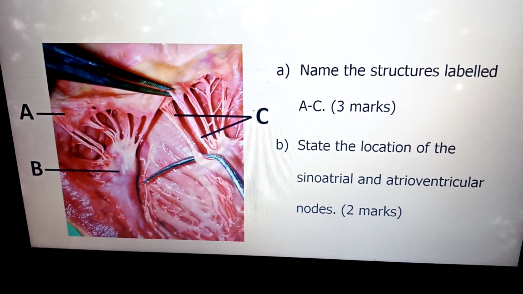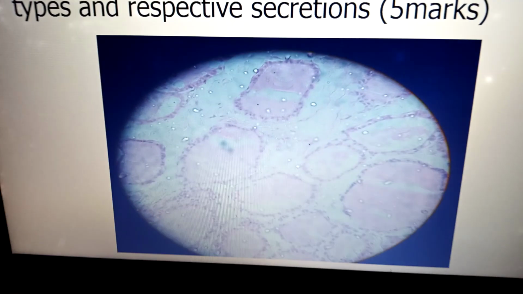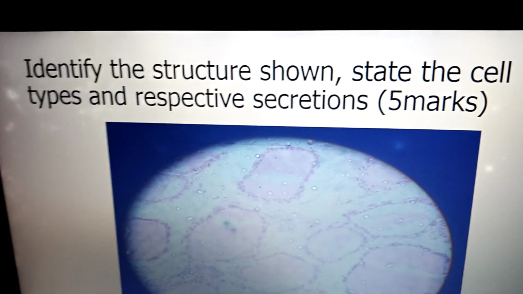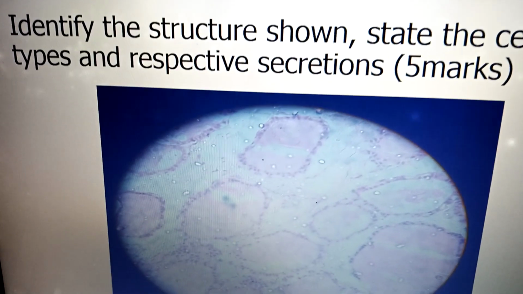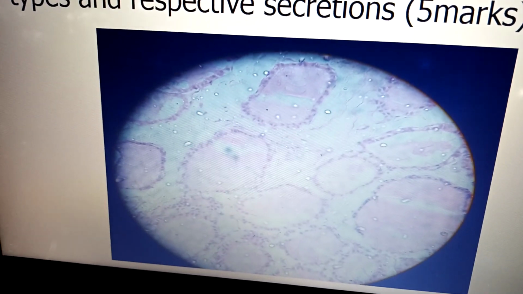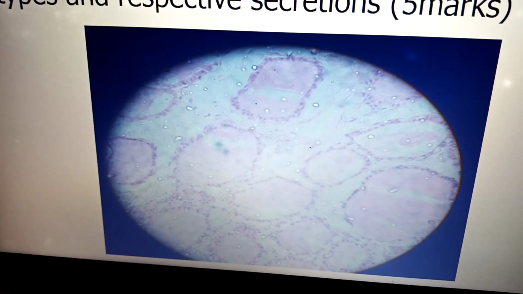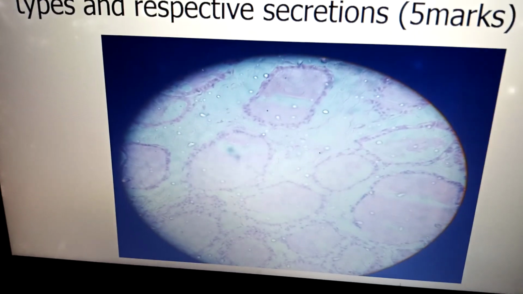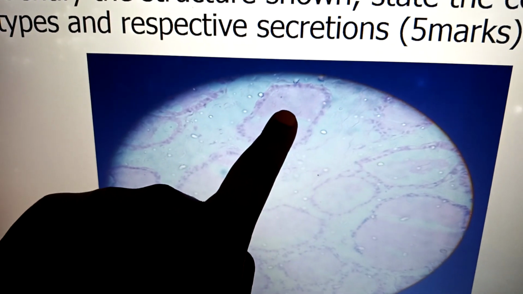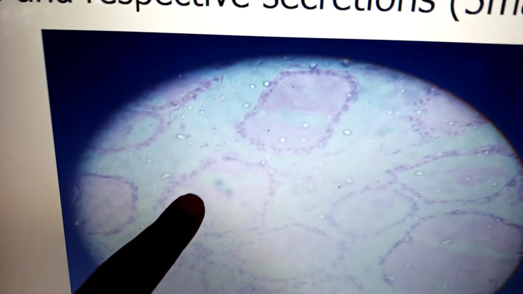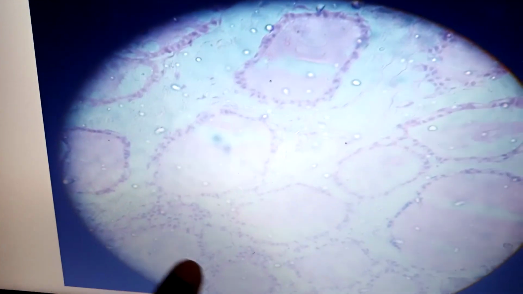So this is now histology, okay, or microscopic anatomy, and basically this is what you will be able to see during an examination. So this is a microscopic slide of the thyroid gland. So what you are seeing here, this is a thyroid follicle, or what we call the colloid or the thyroglobulin.